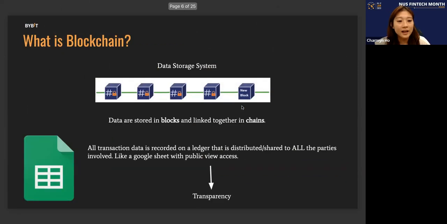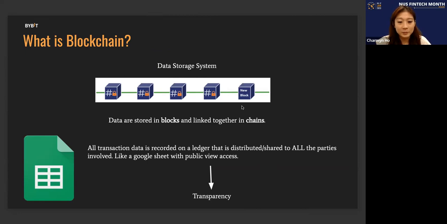And so we come to the big question that drives this presentation. What exactly is blockchain technology? Imagine a data storage system where groups of transaction data are stored in blocks. These blocks are then built on top of each other and linked through chains. Once linked, the data in these blocks are not able to be tampered with, and hence you have your blockchain. As mentioned earlier, imagine a public ledger that is shared among all parties. You can think of it as a giant Google Sheet of sorts.